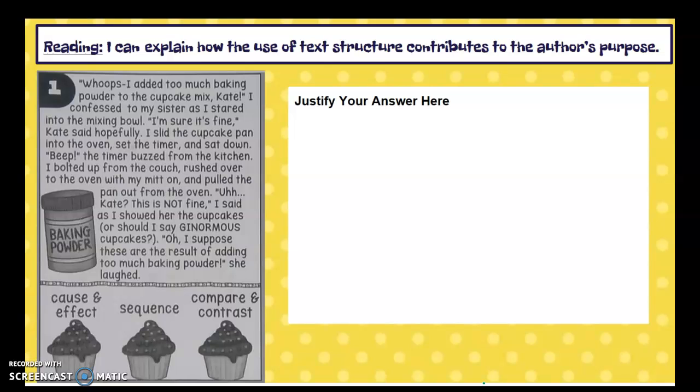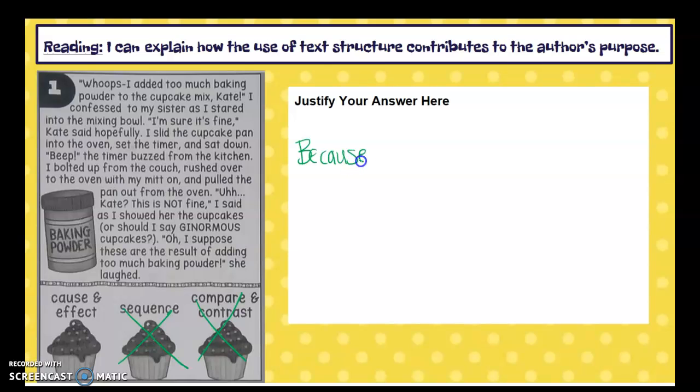So I need to look and see, are there any that I can eliminate? Okay, I know it's not compare and contrast because we're not telling how anything's alike or different. All right, I don't think it's sequencing because it doesn't say, first I did this, next. They didn't use those key words like we wrote on our chart yesterday. I think it's cause and effect. So I'm going to use my little trick